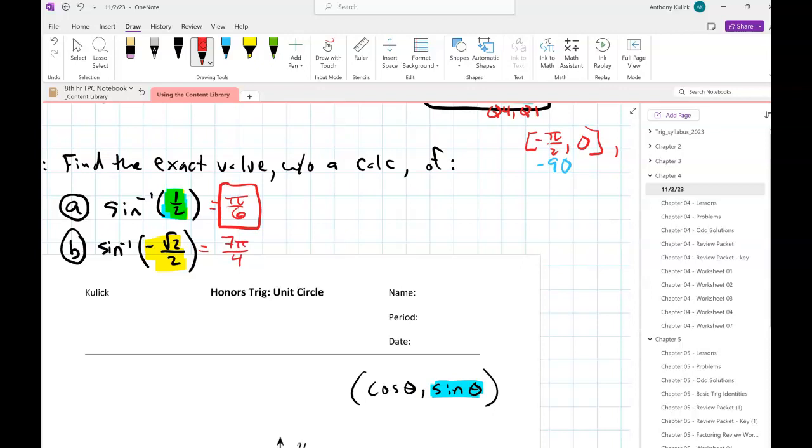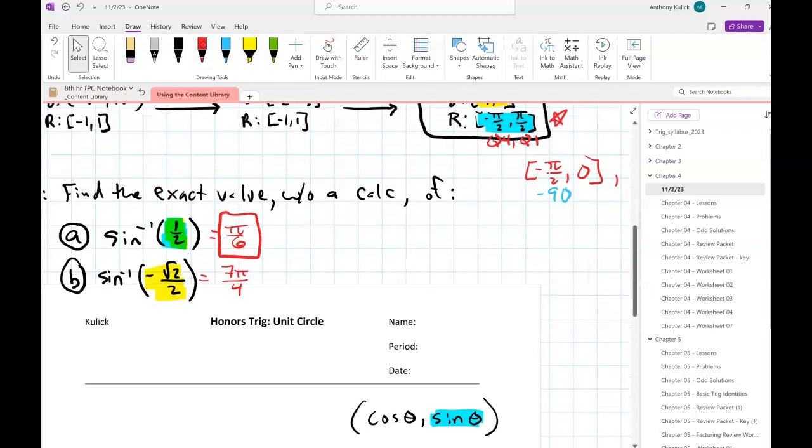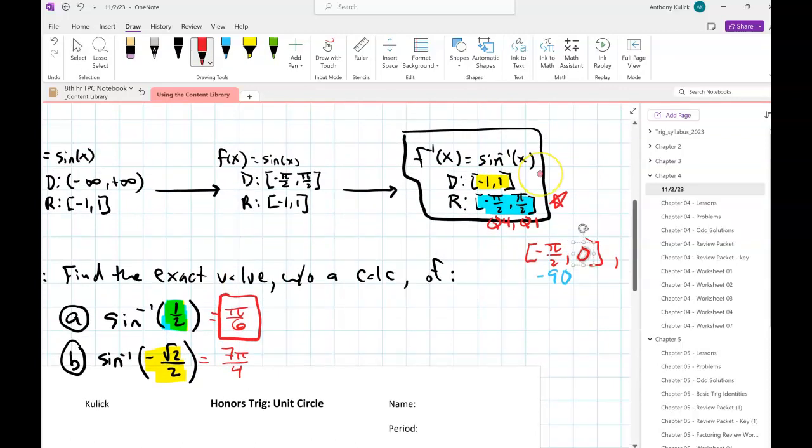But I'm not done, right? I need to check to see if that's between negative pi over 2 and positive pi over 2. And what do you see? 7 pi over 4 is 1.75 pi. Correct? That's too big. That's way bigger than pi over 2. Oh no! So this can't possibly be our answer because it's not in the range of our function. However,